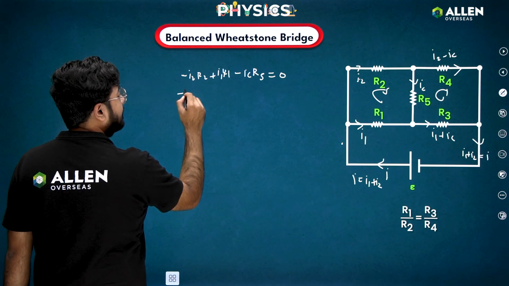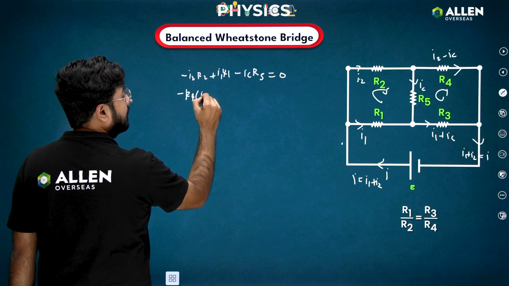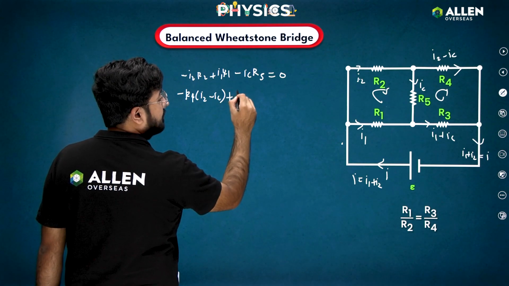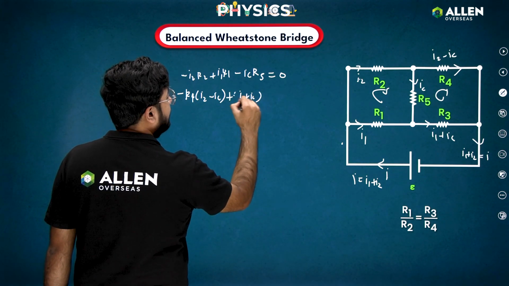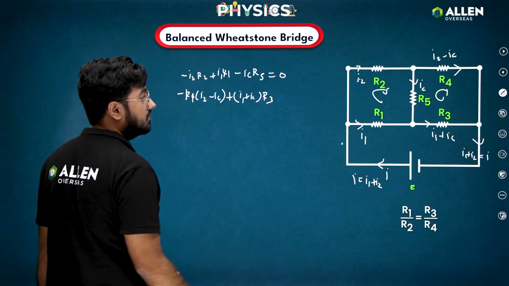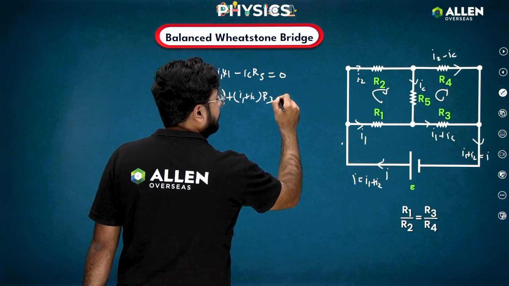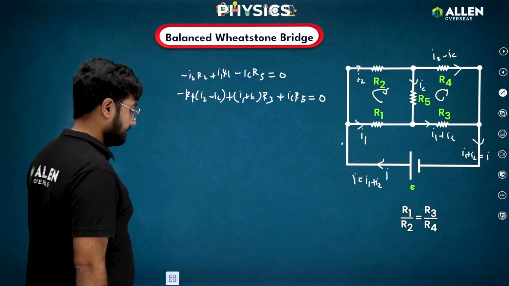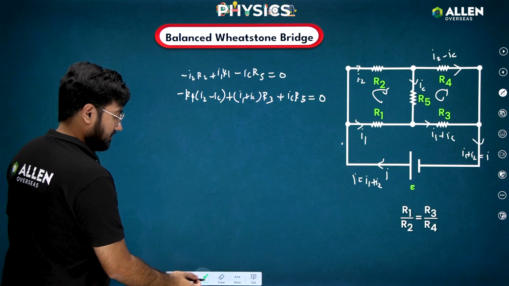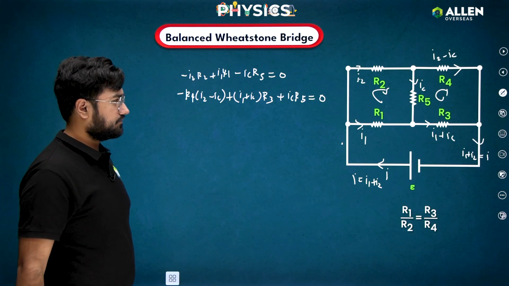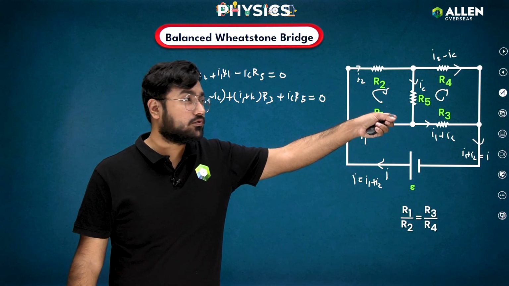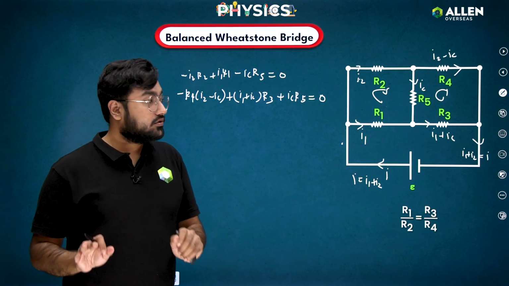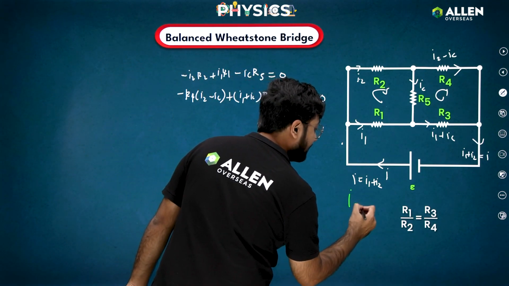So this will be minus R4 (I2 minus IC) plus (I1 plus IC) R3, then plus IC R5, this must be equal to 0. Now if I say that the current through the central branch is 0, that is IC is equal to 0,